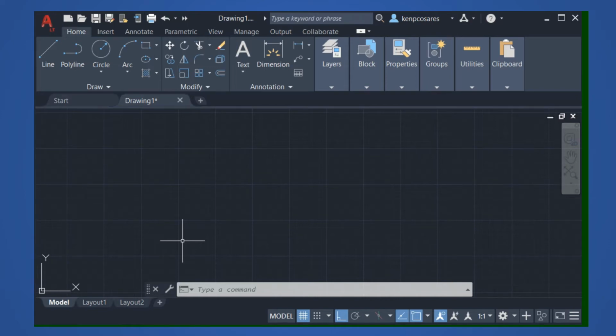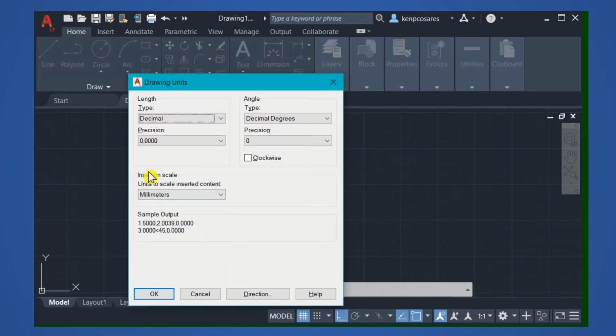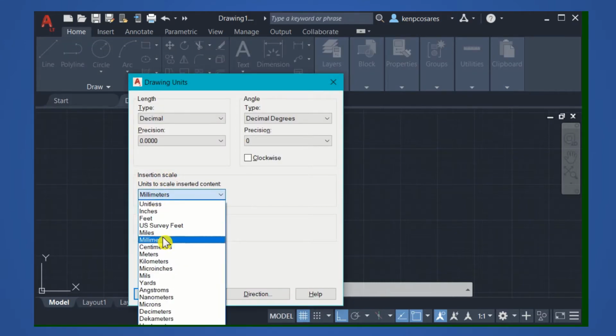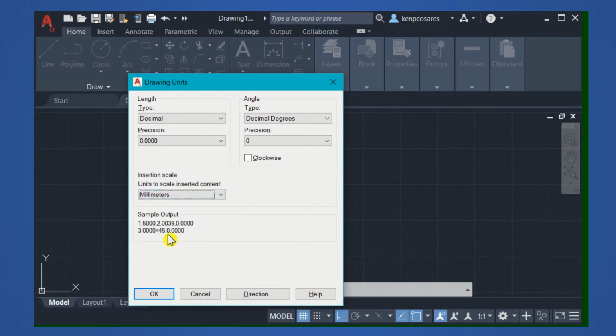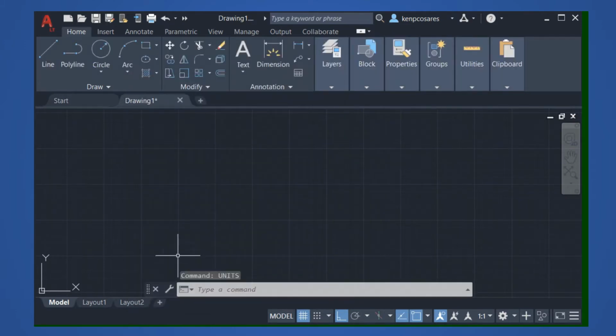So, before we start our activity, i-set muna natin yung important settings sa AutoCAD. Una, i-set natin yung units, and then set din natin yung snap settings, and i-switch on natin ang ortho mode. So, to set the units, i-type nyo lang units, and then dito sa insertion scale, make sure na yung units is in millimeters, and then yung ibang mga parameters sa drawing units set natin to default, then click OK, and